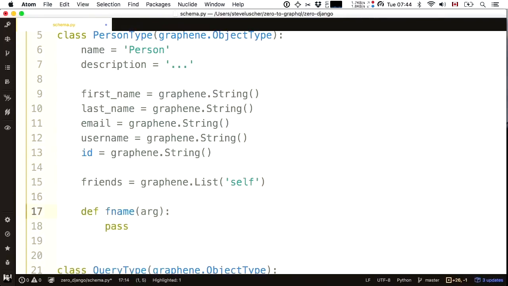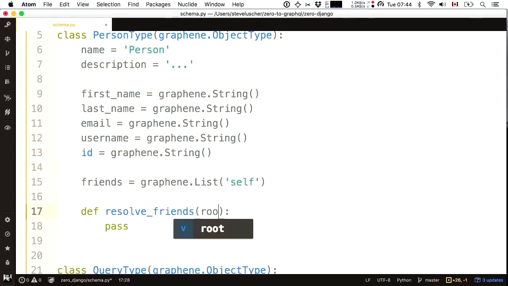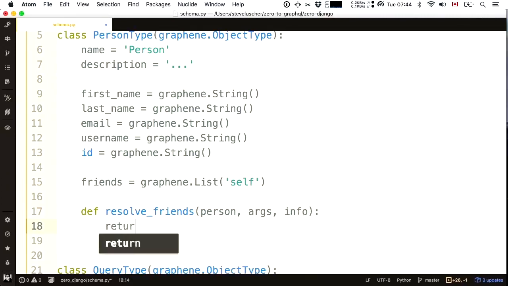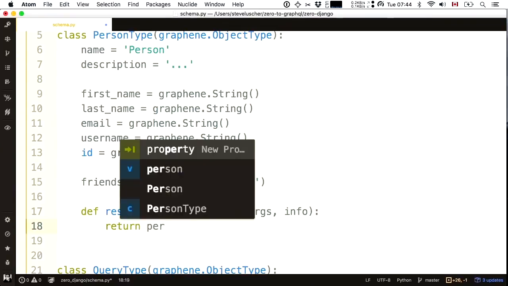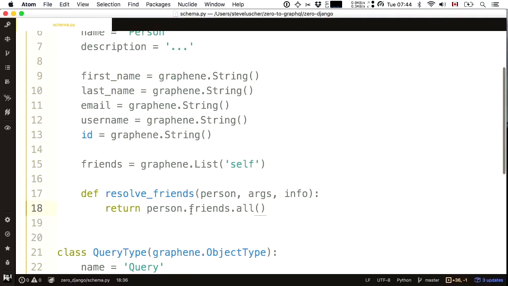Now I'm going to need a little bit of help to resolve friends. Given that I start from a person at this node with some optional args and info that I don't need to use, how am I going to return their friends? Again, the Django model API, if I query person friends, that gives me an association object that describes the association between a person and their friends. And then if I call the all accessor, that's going to turn it into an enumerable list of friends that I can return through the resolver. So with any luck,